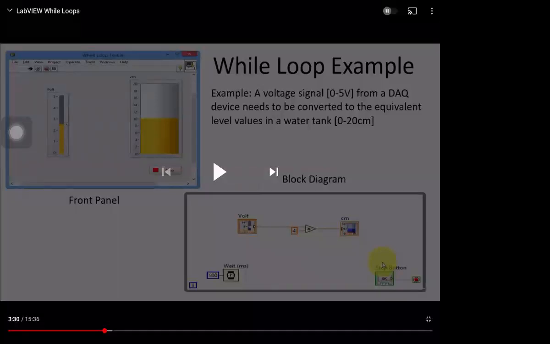What is given in the example: a voltage signal from 0 to 5 volts from a DAQ, that is a data acquisition device, needs to be converted to the equivalent level values in a water tank, 0 to 20 centimeters. So basically they wanted to do the calibration between whatever your voltage signal is generating and the height of this water tank. So for this they want to perform this example.